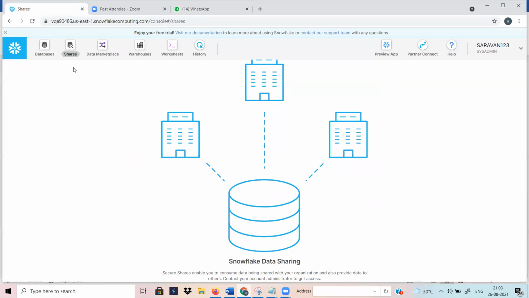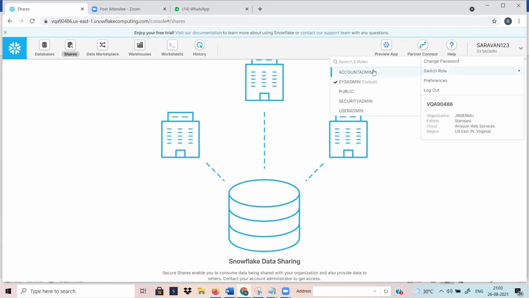The data sharing costs very little in the Snowflake system. We can see it later in a separate session. This shares means you are exchanging data from one warehouse to another warehouse. Then you can go to the account.